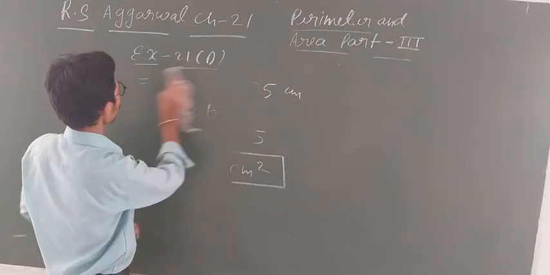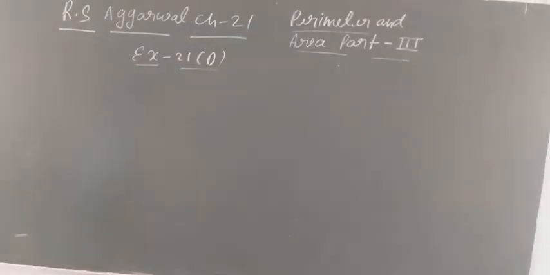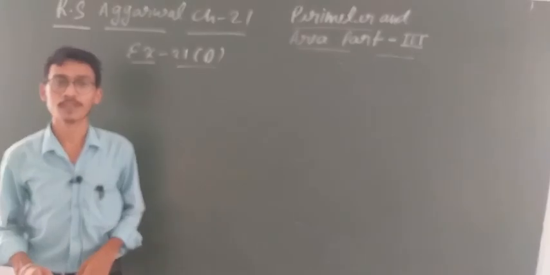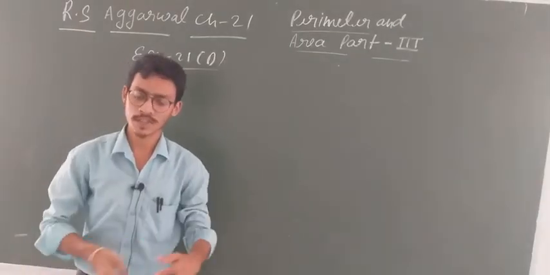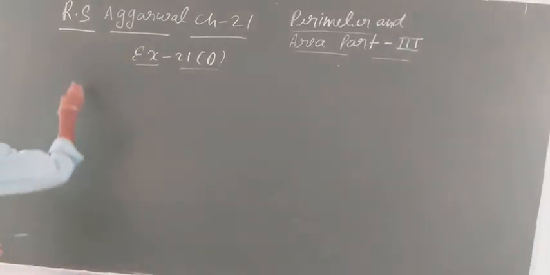What is the next question given, student? So the next question is given, find the area of the square whose side is given 14 meter. So you know that area of the square equal to what? Area of square is equal to side into side. You can solve easily. Now I am going to solve the next question. The next question is question number 3. Question number 3 is given,